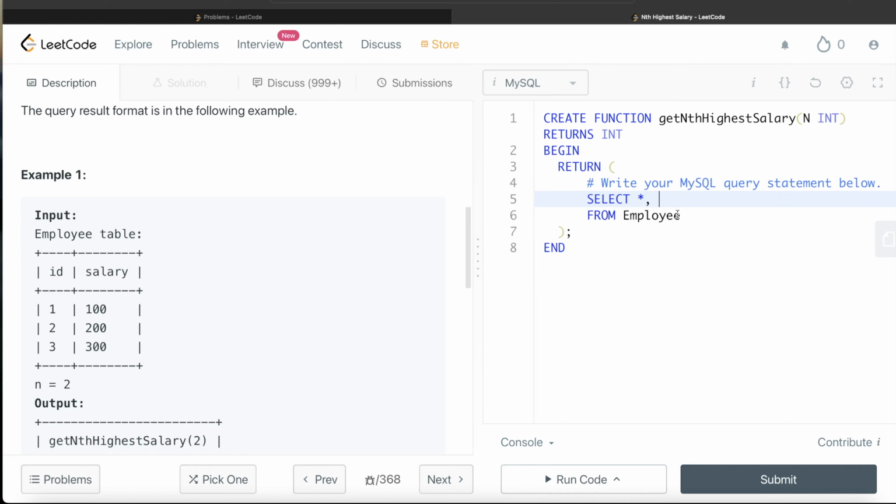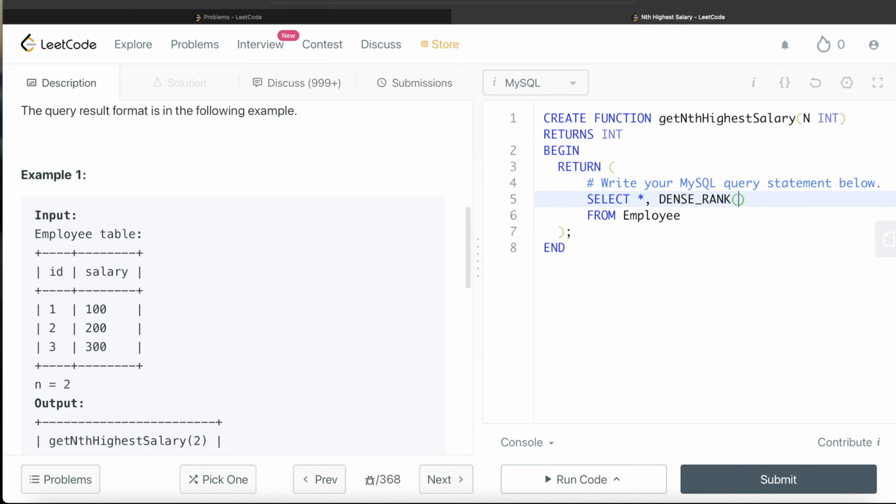So what do we do? There are three different ways of ranking things in SQL: rank, dense rank and row number. The difference between them is significant. Let me know in the comment section what the difference is, but in this particular case,